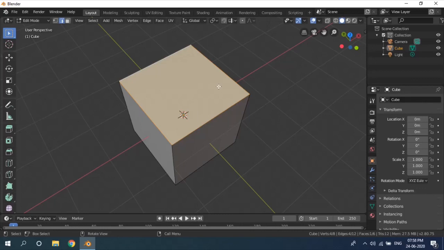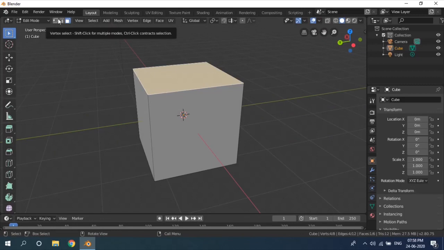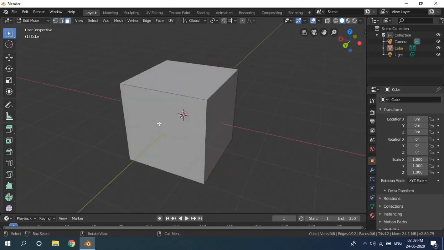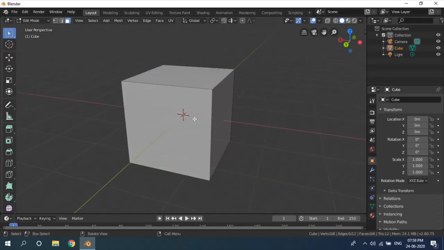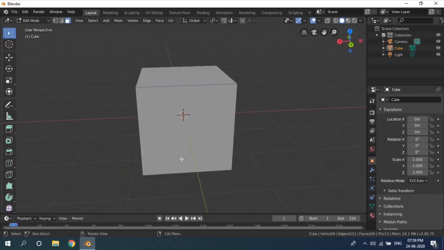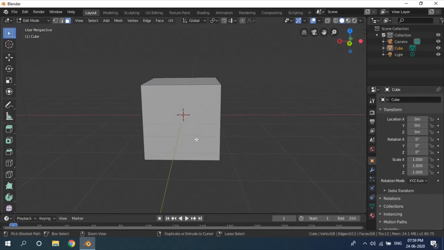Another way to select a face is to go to face select. Here you can select the face. So you can switch between face select, edge select and vertex select. For a faster workflow you can use numbers: 1 for vertex, 2 for edge select and 3 for face select. Okay, so we have our cube, and now how are we going to turn this into a house? Oops, mind my accent. Okay, so we do Control plus R to make a loop cut.